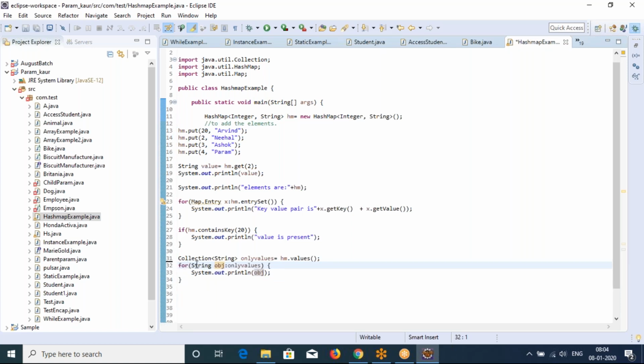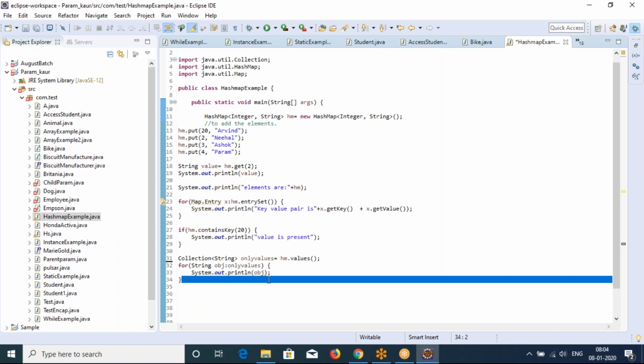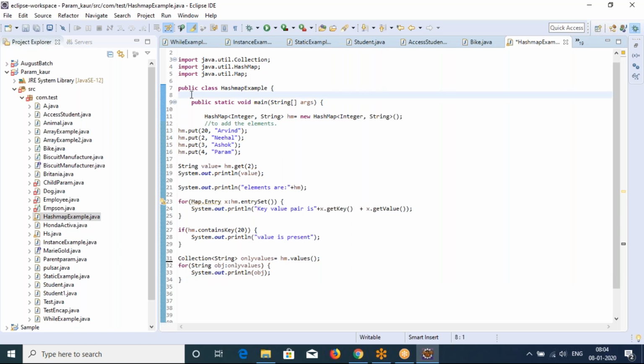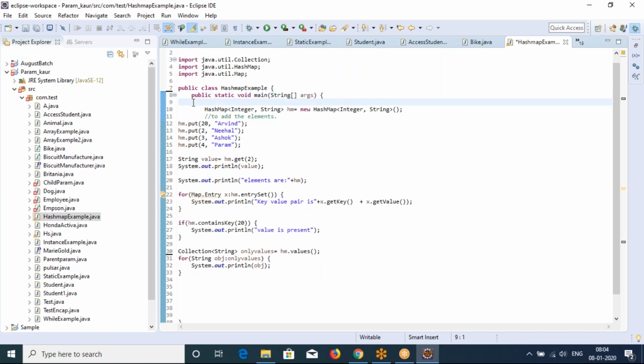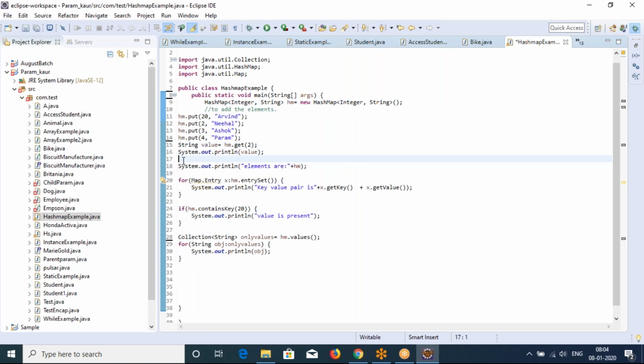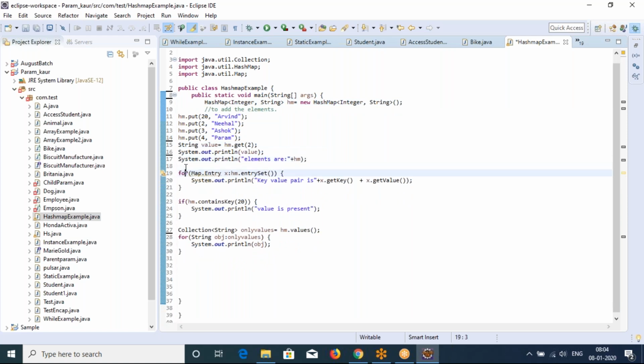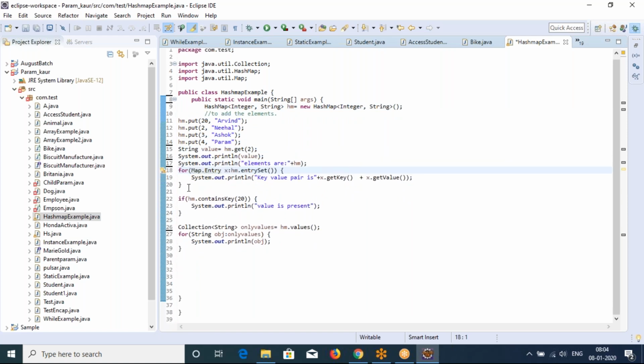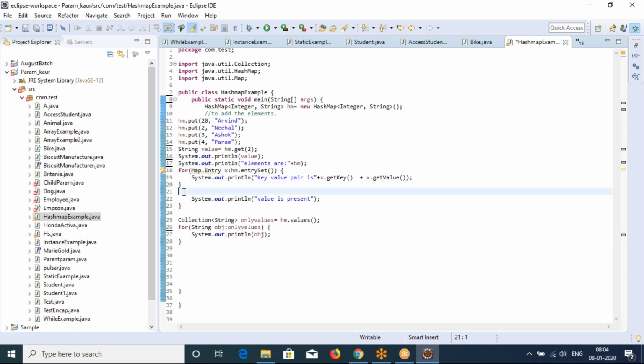Still trying to understand. See, to print only values, this is one way.